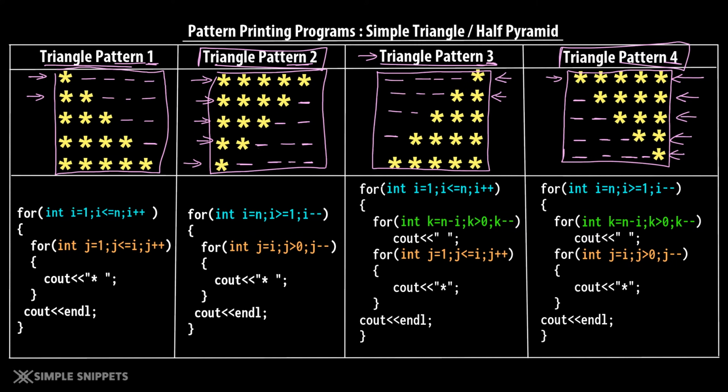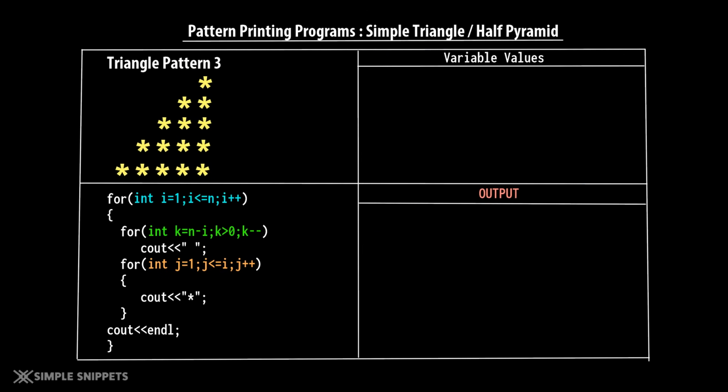But to better understand this, as I have already said, to understand pattern printing programs, the best way as a beginner is to dry run the for loops and then take a visual representation. So take your pencil and paper, because now we'll get into the dry running of pattern 3. Okay, so let's start off with triangle pattern 3. And as I mentioned, if you assume this as your command prompt screen, you can clearly see that initially we have some spaces. These are going to be 4 spaces and then 1 star. Then you have 3 spaces, then you have 2 spaces, then you have 1 space. Okay, and let's try to analyze this pattern first.